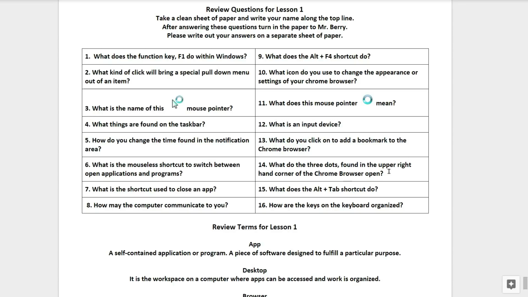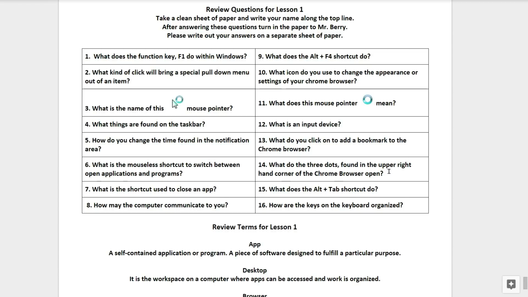Number 6. What is the mouseless shortcut to switch between open applications and programs? Number 7. What is the shortcut used to close an app? Number 8.